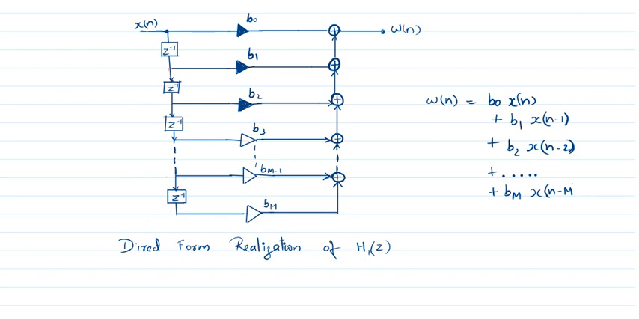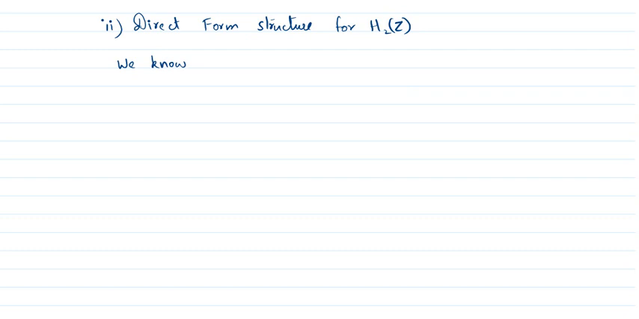So next we will see the direct form realization of the second stage, that is H2 of z. The next part is the direct form structure for H2 of z. So we know H2 of z